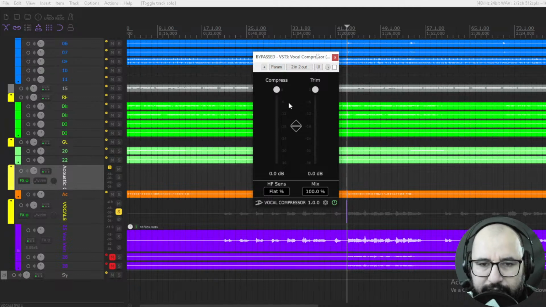I forgot, sorry. But it's very simple to use because you don't need to mess around with attack, release time, ratio, and stuff like that. Everything is pretty much fixed and ready for compressing vocals, which need some heavy amount of compression due to